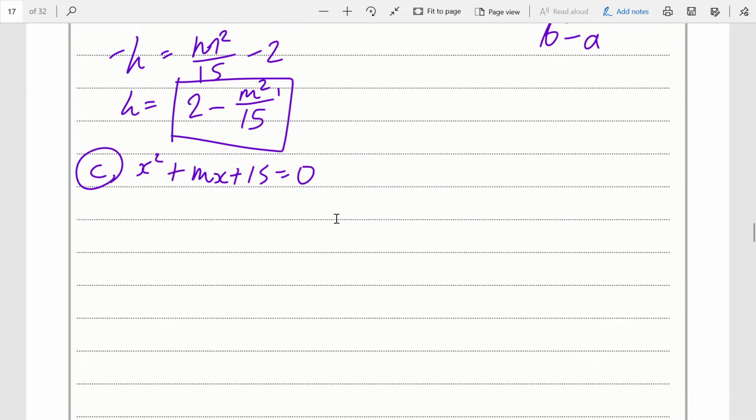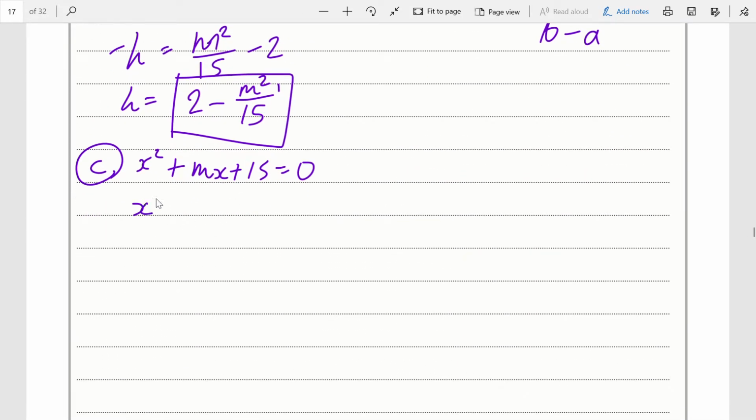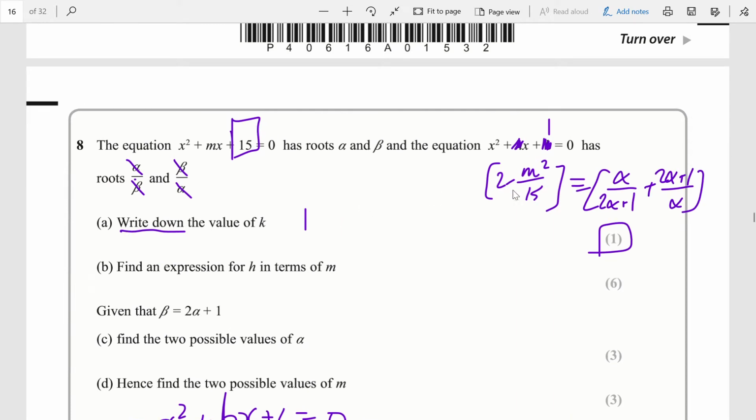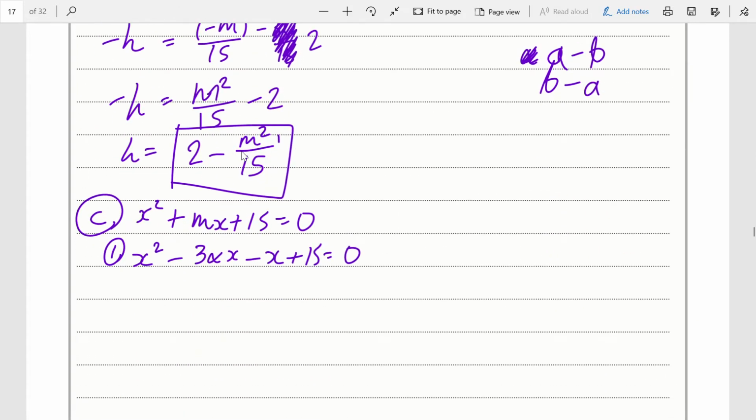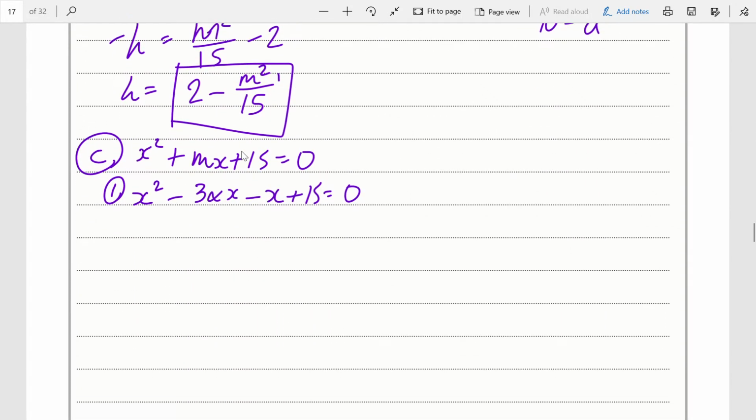Anyway, x squared plus mx plus 15 is 0, and we know that x squared minus 3 alpha x, because the sum of the two roots will be 3 alpha plus 1. So minus 3 alpha x minus x plus 15 is 0. So that's one equation. And secondly, we have 2 minus m squared over 15, which is this thing here. Well, we know